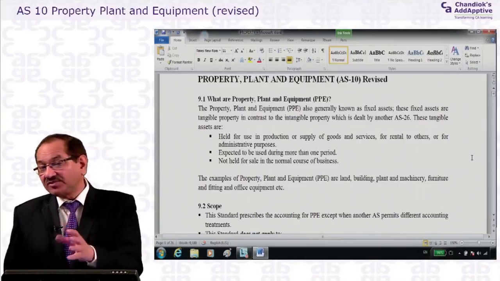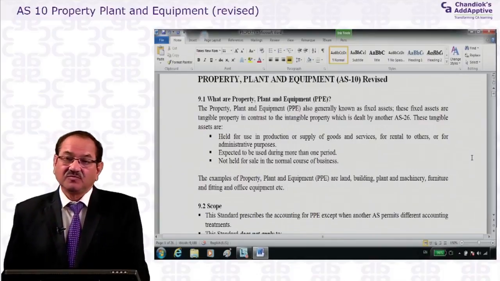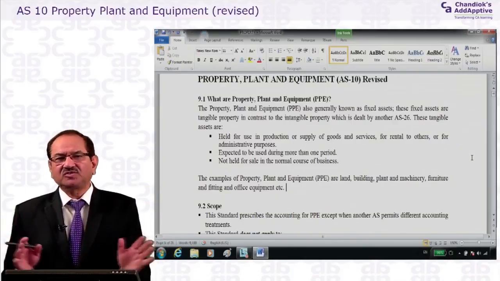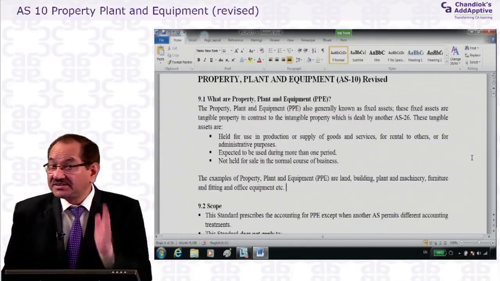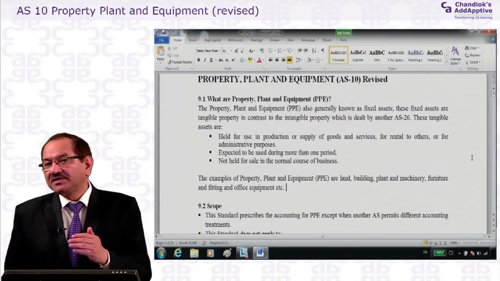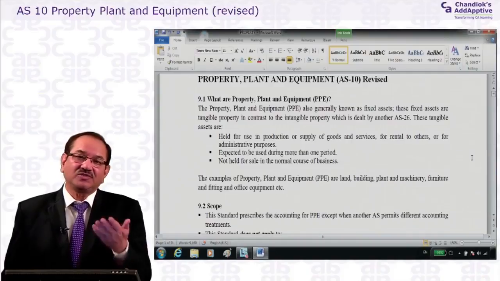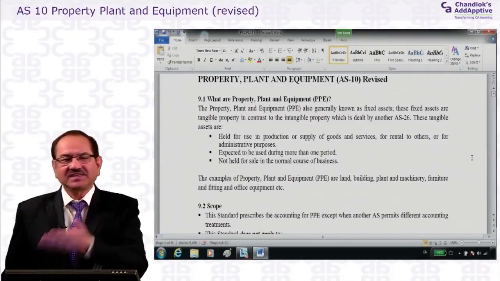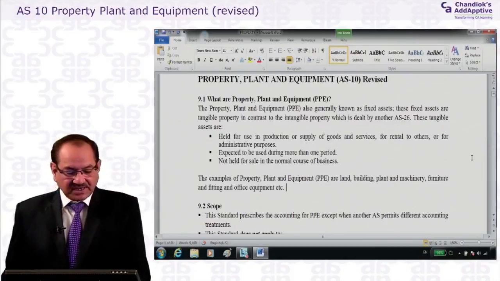But it doesn't mean that you can't sell it. That's why it says not held for sale in the normal course of business. In the normal course of business, it is not held for sale, it is held for use. But there is no bar on selling it. As I told you, when you feel that this is no longer a suitable asset, and you want to sell it and replace it, you can sell it. For example,